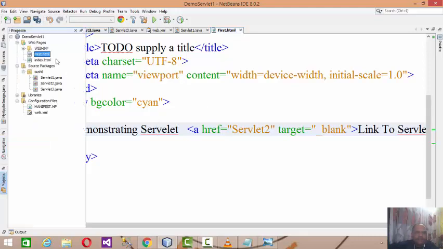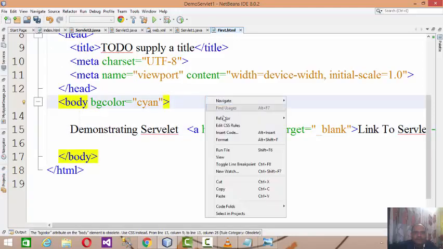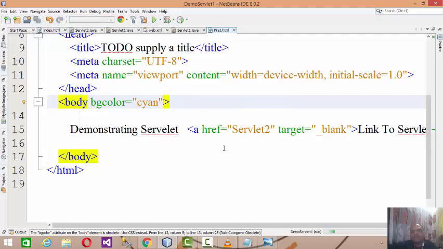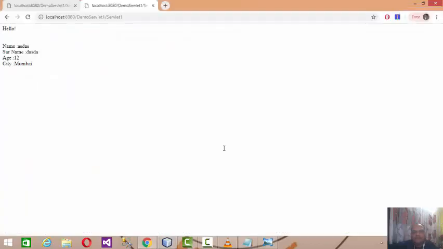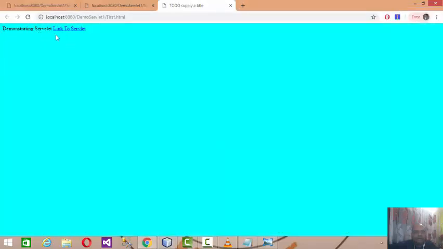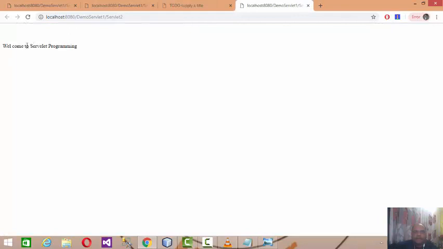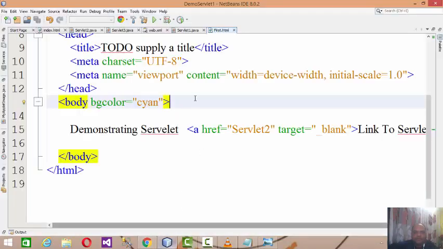Let's try this. Load the first.html and run this file. You'll get a page with "demonstrating servlet", and you find a link to the servlet. When you click on the link, the call goes directly to the servlet available on the server.